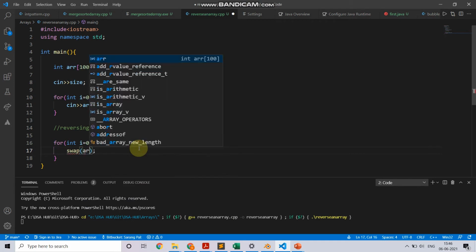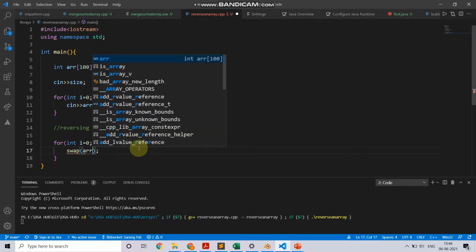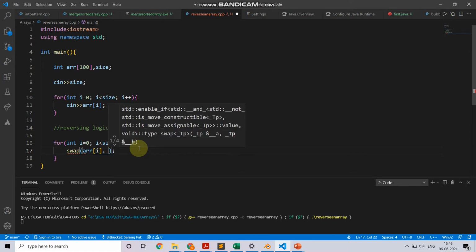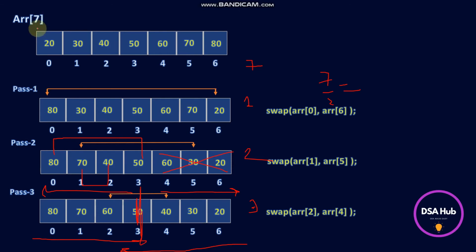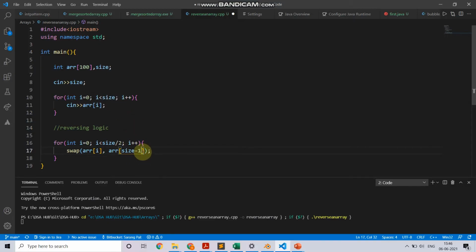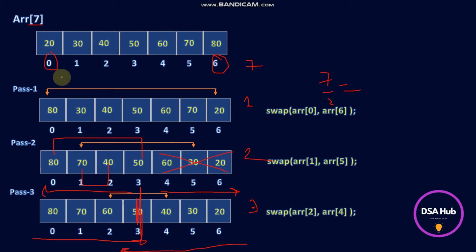What we are doing is swapping the array's first element with the array's last element. Now the last element would be size minus 1, because the size of the array is 7, but the last index would be 6 because the array starts from the 0th index. Once we have iterated with i equal to 0, we jump ahead with i equal to 1, but at the same time we also need to go one step back.